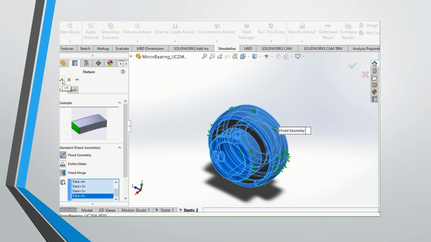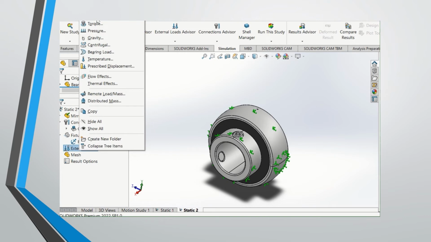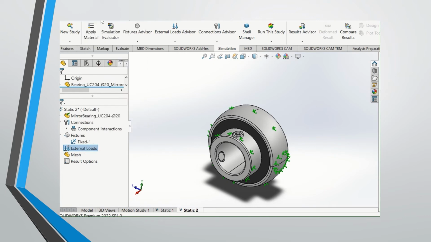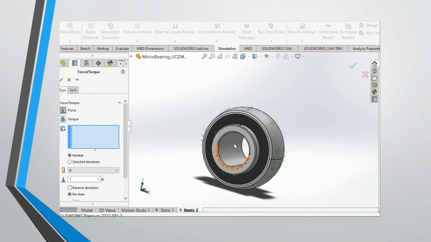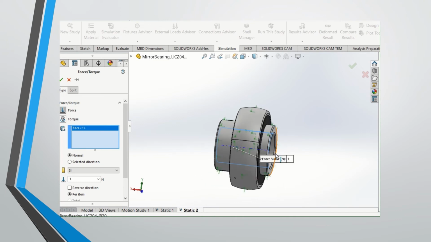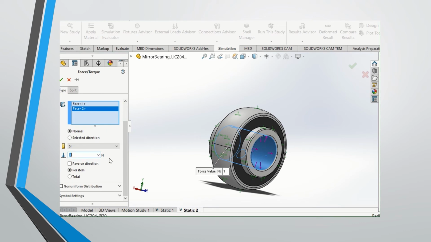We accept all the settings for the fixture and click OK. Next we apply the loads and select Force. We apply the force at the inner surface of the bearing. So click on the surface of the bearing and set the force, which is 5 kilonewtons,